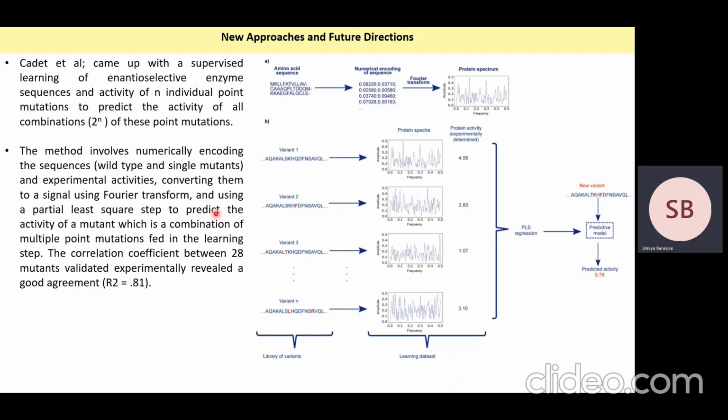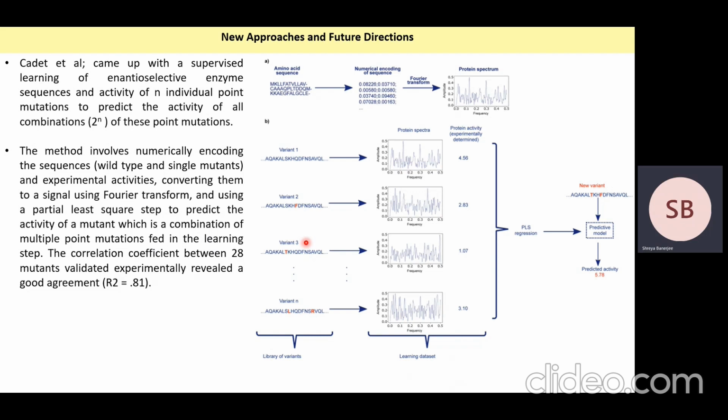Then the least square method is used to predict the activity of a mutant, which is a combination of multiple point mutations fed in the learning step. The correlation coefficient between 28 mutants validated experimentally revealed a good agreement. So what this means is that each of the mutants are first numerically coded and then Fourier transformed into a spectra. Then the protein activity relationship is determined. Using this information,